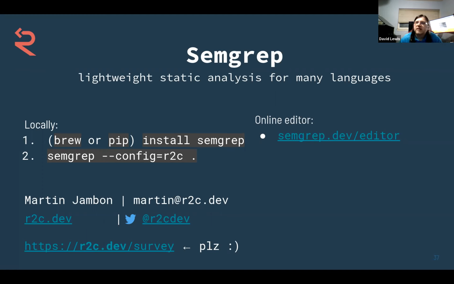Using Semgrep, how would you do that? There was a replace syntax there. Yes. So you could define one pattern and define the other pattern, and then